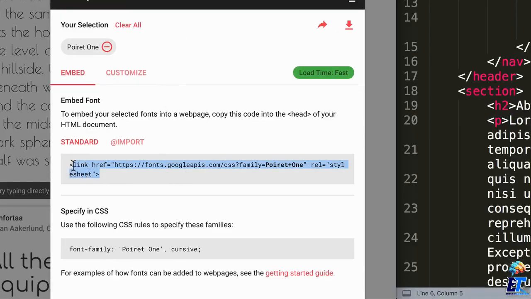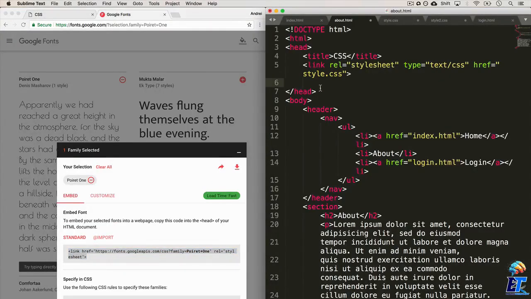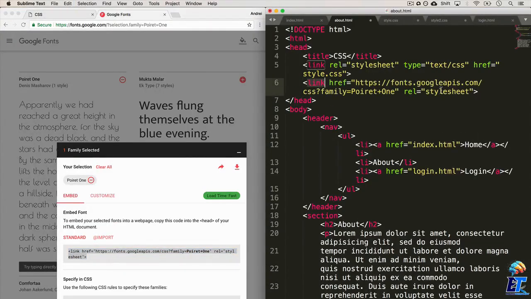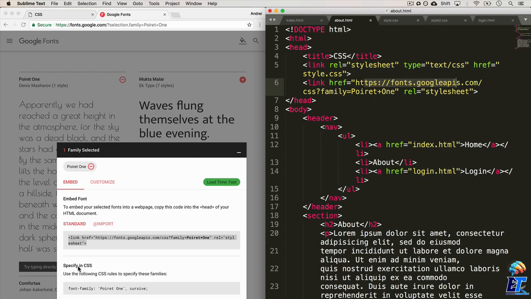So first thing we want to do is we want to copy this, and this might look familiar. This link tag, which is a style sheet, has a reference to fonts.googleapis.com. We're saying, hey, grab the fonts before you load up this HTML file on my webpage. Load it up with the fonts that are found at this website. So yes, if this website is down, and let's say there's no internet access, they won't be able to load those fonts, but it's Google, we can trust them. Most likely, they're going to be up all the time. And the second one, you can see over here what we can add to our CSS file. So we just copy that,